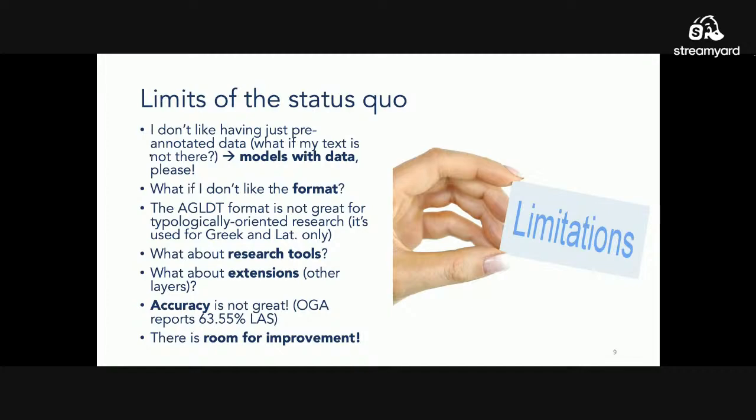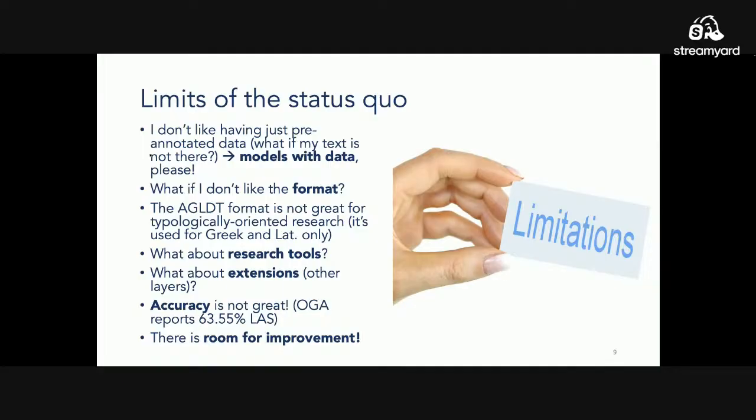So, for example, I see that the projects that use models like the Opera Greca Annotata or the Glaucs have a lot of text that have been annotated with those models, but they don't often provide the models with them. So what if I want to use it on texts that have not been annotated as yet? I would like to have that as well.